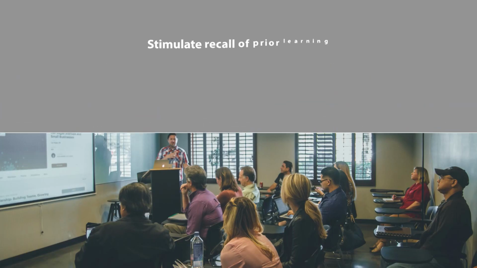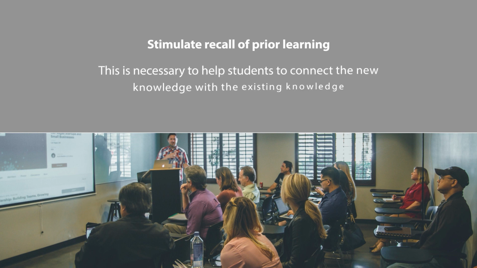Even in online courses, the learning outcomes are given. The third step is stimulate recall of prior learning. Here it is very, very essential so that the students are able to connect the new knowledge with the existing knowledge. Very often seen in the classroom